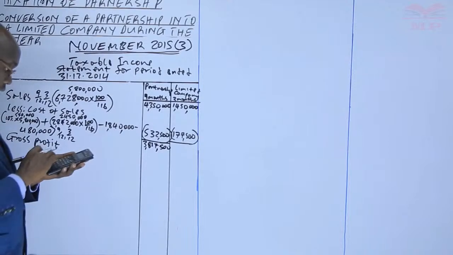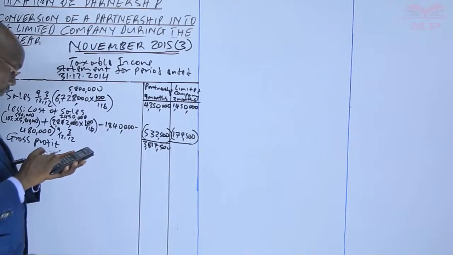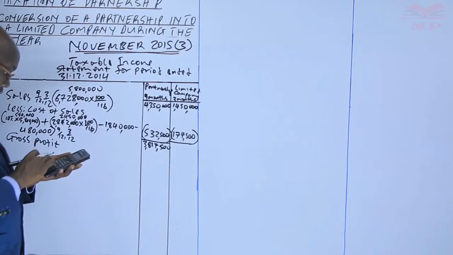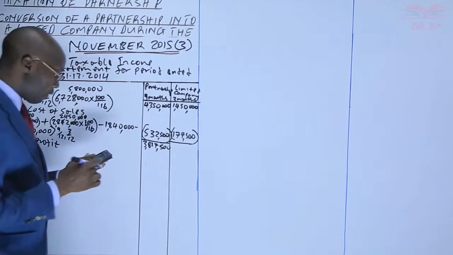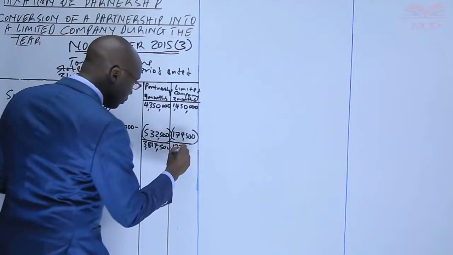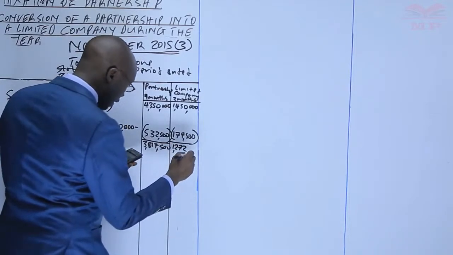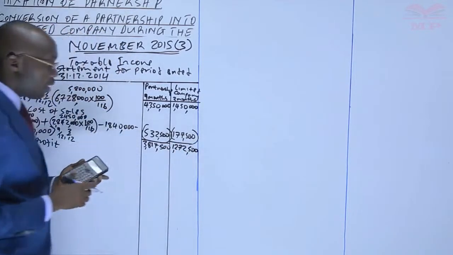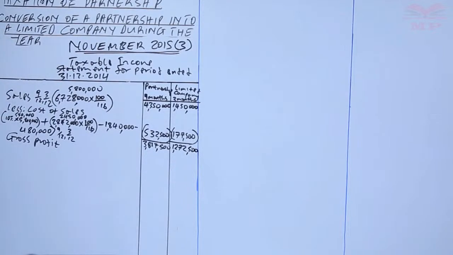This other one is 1450,000 minus 177,500 gives us 1272,500. Now that is the gross profit, and then we said once you get the gross profit, you normally add